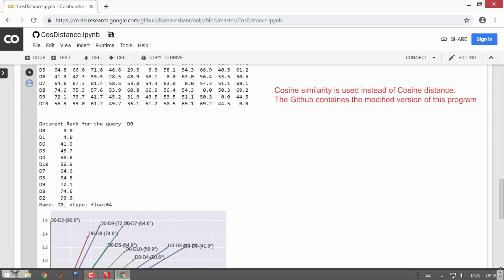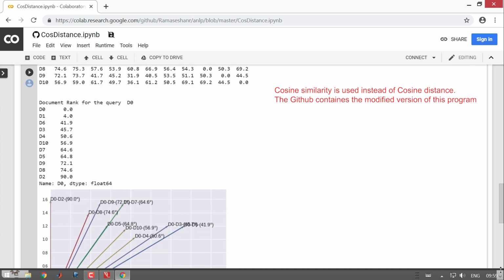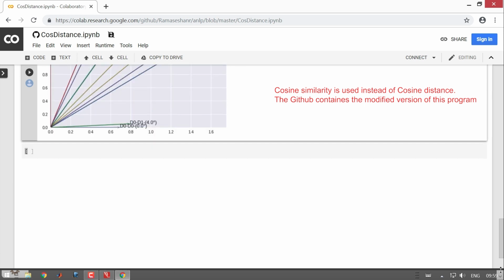Now I am going to consider only one document as the reference document and try to see how closely the other documents are related to that reference document. In this case I am considering D naught as my reference document, and then I computed the ranks based on the distance. D1 is very close, D6 is the next one, and then D2 is orthogonal to D naught. That means none of the terms are close to D naught, which is why it is not showing any relevance there. So the most relevant document for me is D1 here.